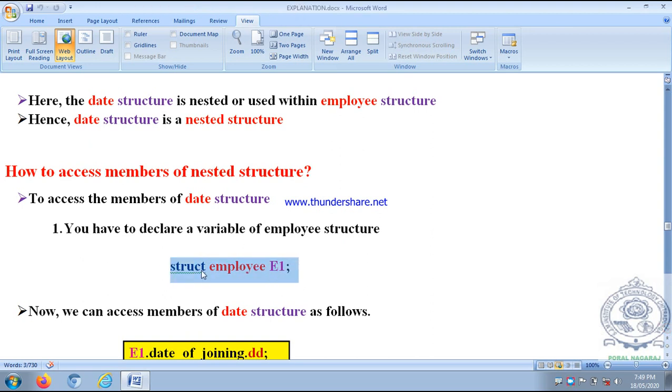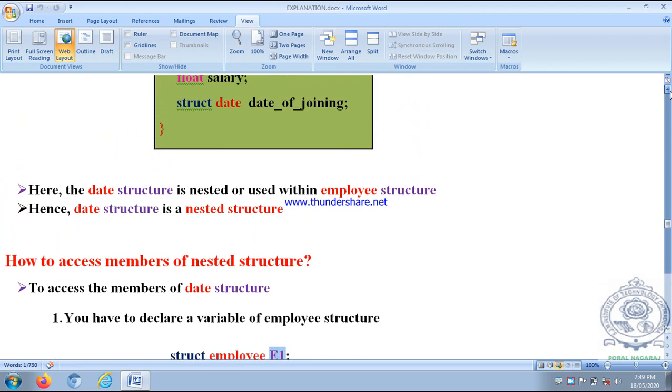Like this: struct employee E1. That means E1 is a structure variable of the structure called employee. How many members does employee have? Four members. So E1 has four members.